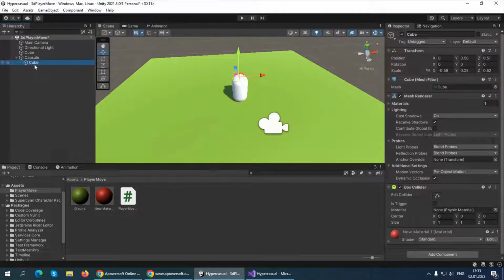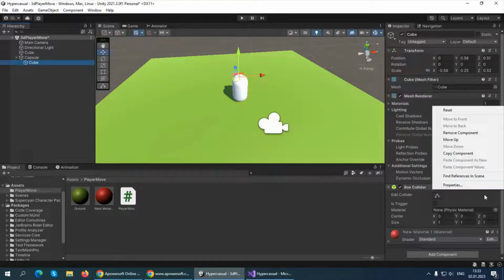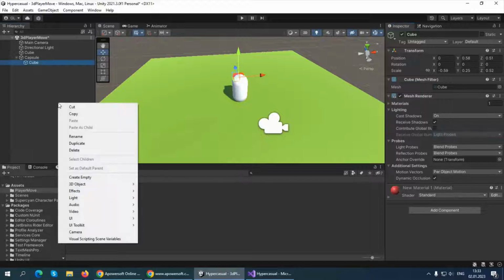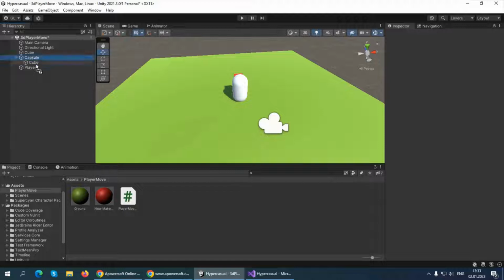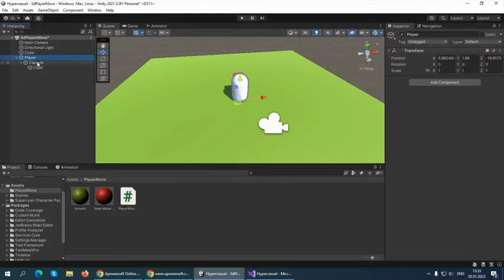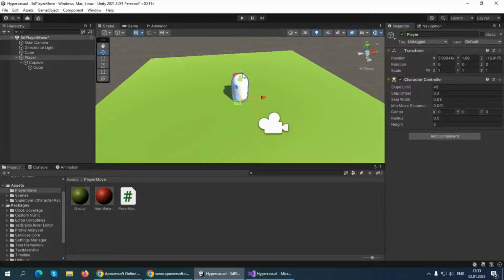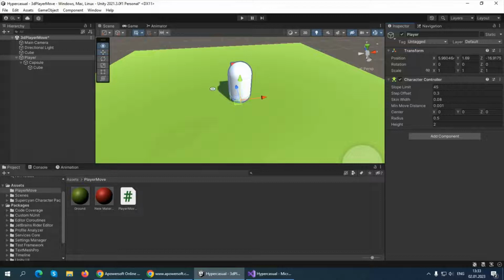Just make sure to go in our eyes, which is the cube, and delete this box collider. We don't need it. And now let's create an empty. And let's call it player and drag our capsule to our player. So we will store our script and everything we need into our empty game object player. And let's add component, and we want character controller. So search in the search box character controller, add, and it will act like our engine, and we will use